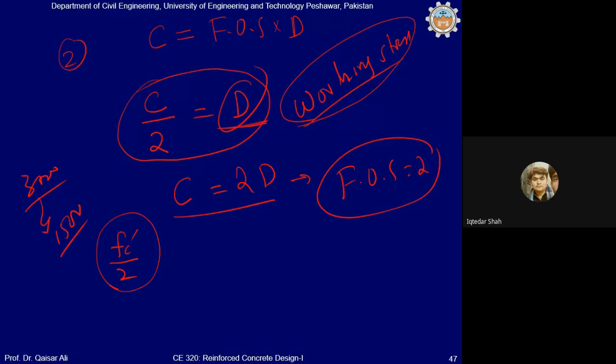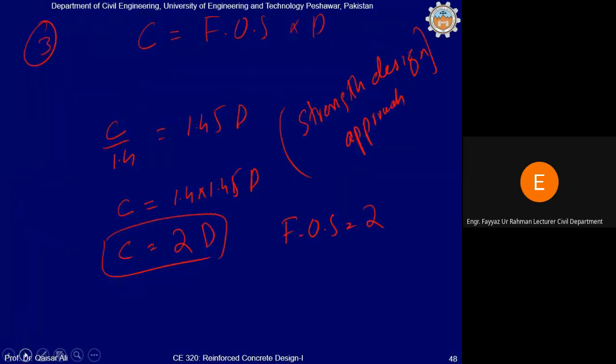यस सर, समझ गया। So the strength is just reduced by 2 arbitrarily. There is no rationality. डिमांड को भी आप सेम रखते हैं और कैपेसिटी को भी आप बस जस्ट रिड्यूस करते हैं by reducing the strength. Clear? But on the other hand, in case of strength design approach, you are increasing the demand as well as decreasing the capacity, and both are based on scientific rationale. You don't increase the demand